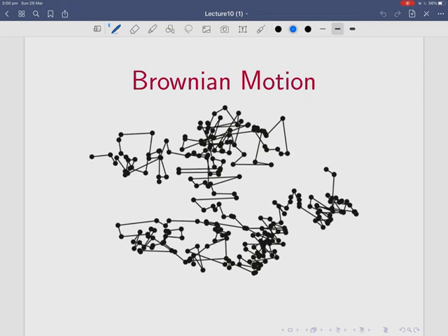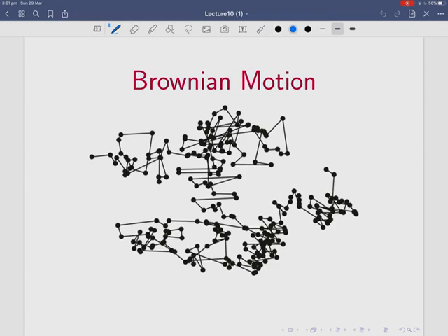It's an example of a random process, and of course in this course we're always doing random processes. Things are often random, very statistical, but just because they're random doesn't mean we can't say anything about them. This whole course is about saying things about random processes in many ways.